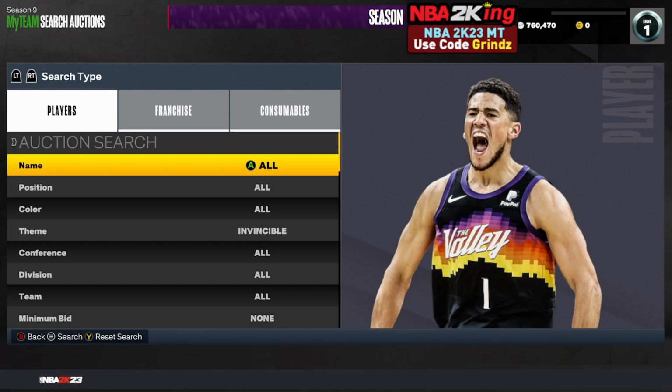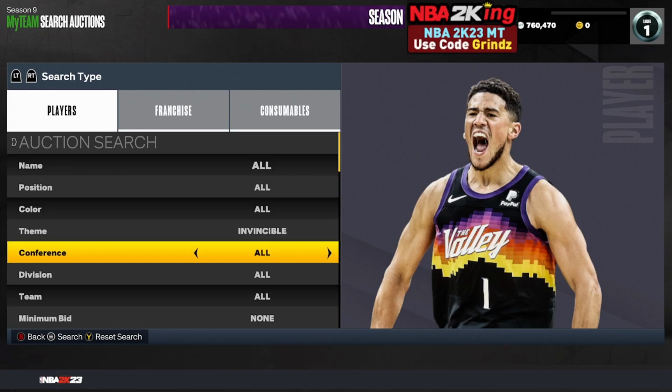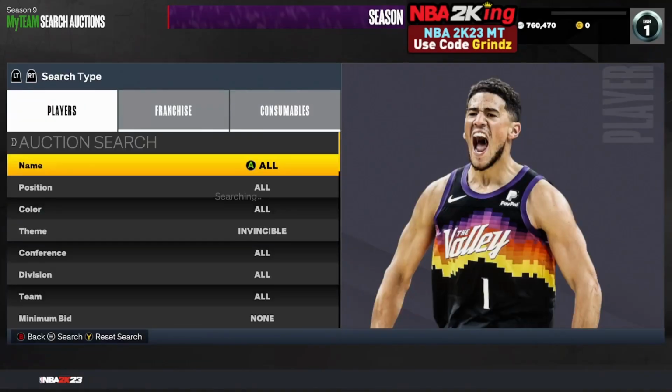The next filter we're gonna go over is the invincible cheapest filter. This filter still has been very active, man. Set your theme to invincible. You're gonna raise your maximum buyout up until you find the cheapest invincibles on your console, which are going for about 9,000 MT, man. At this point, since it's not getting so many pop-ups, I would just recommend you scroll